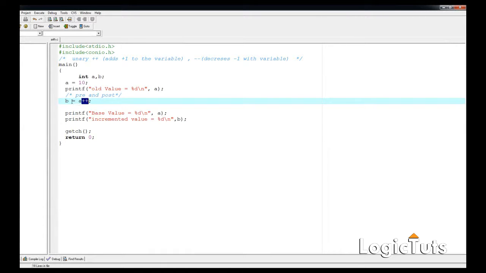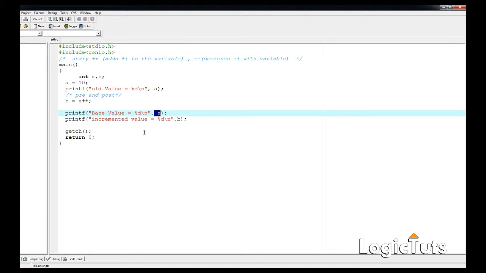That means the value of b will be 10 and then the value of a will be incremented by 1. So by this process, the old value of a will be 10, then b is a first, that means b is also equal to 10, but the base value of a, because we finally incremented the value of a as a++, will become 11.